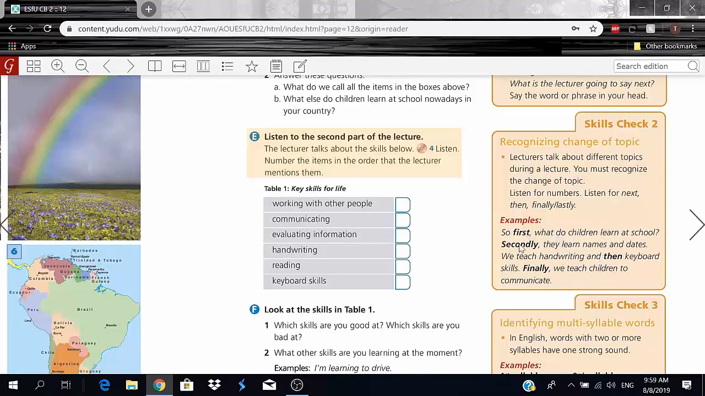So first, what do children learn at school? And obviously he's going to continue with an answer, and then we have, secondly, they learn names and dates. We teach handwriting and then keyboard skills. Finally, we teach children to communicate. You see now, he kind of changed topics a little bit, but on a larger scale, if you're sitting for like 2 hours or so with a lecturer,